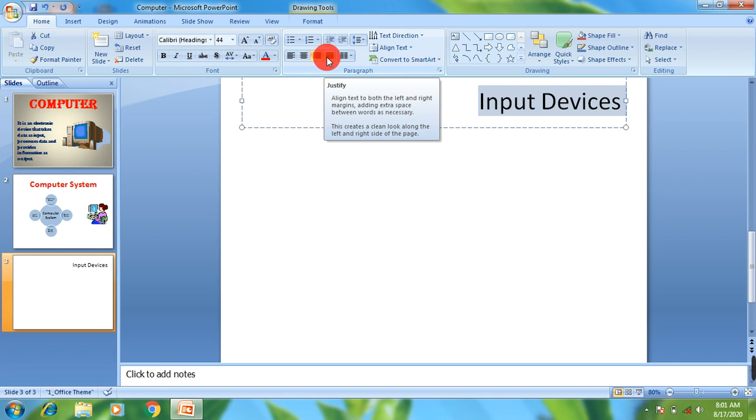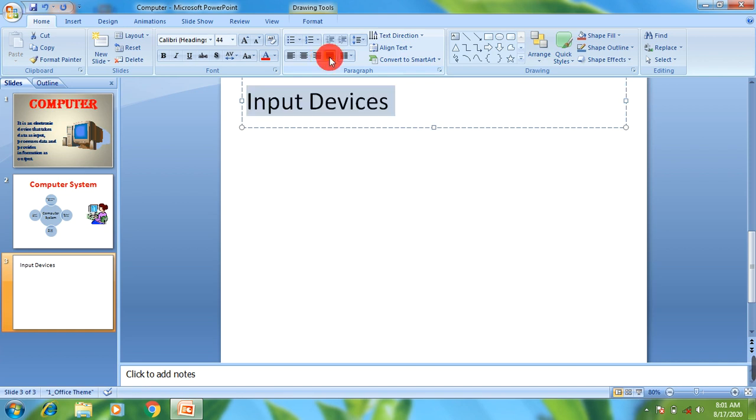Means if you try to make a single line text justify, then it will become left aligned text. So I'm going to show this. Just you can see, if I choose this justify alignment, the selected text moves in the left part here. So it is like the left alignment. If you want to see the difference between left and justify, you have to apply these two alignments for text written in more than one line. So you can see the difference there. So this is how we can set alignment for the text in this slide.